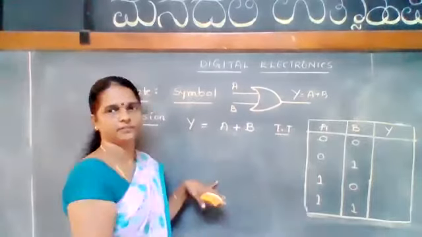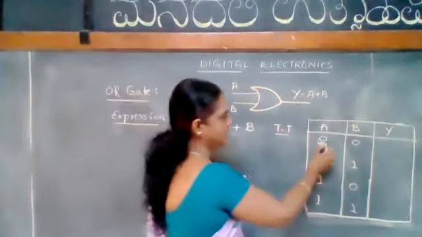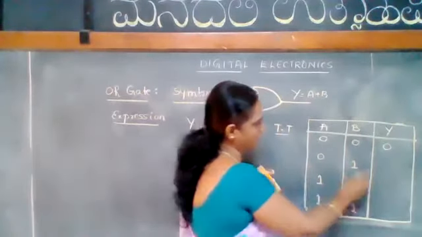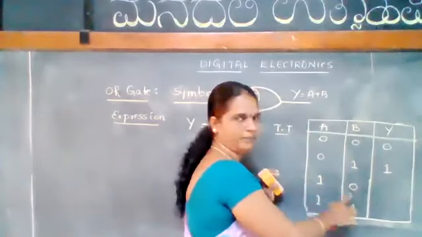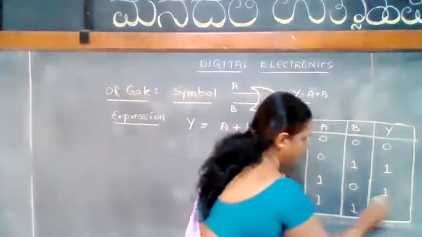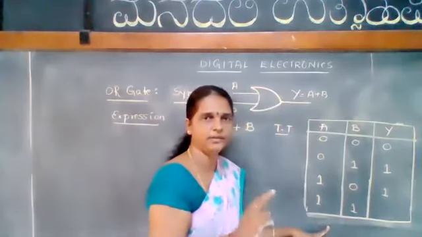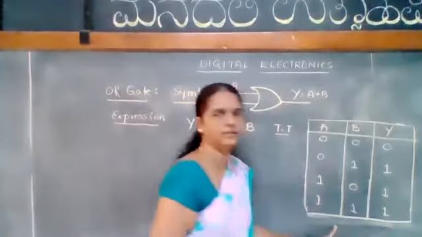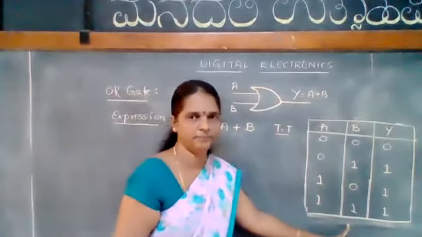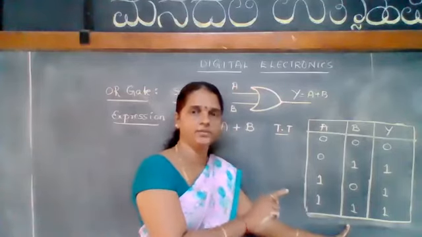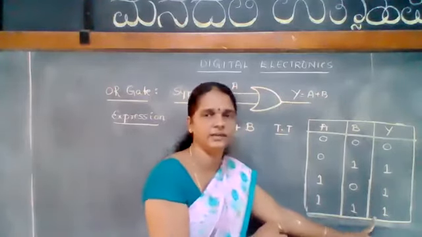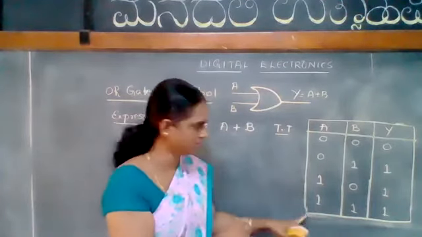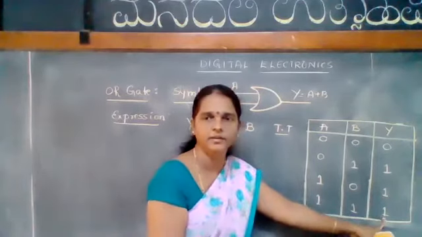Now addition. Add the two inputs. 0 added with 0 is nothing but 0 only. 0 plus 1 is nothing but 1. 1 plus 0 is nothing but 1. 1 plus 1: in Boolean algebra, we have seen 1 plus 1 is nothing but 1 only. Only in binary addition have we written 1 plus 1 as 1, 0. But in Boolean algebra, while studying the rules, we have seen 1 plus 1 is nothing but 1 only.